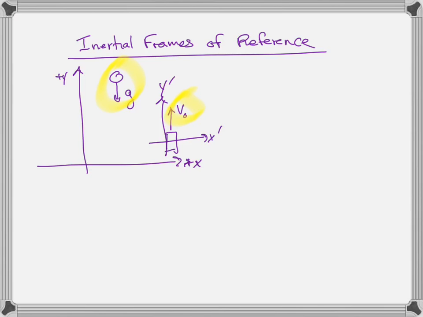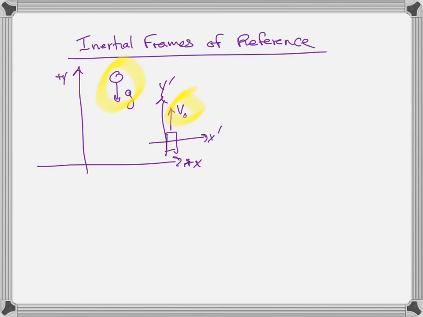Remember, it was accelerated frames of reference where we had to make up forces that didn't exist. The Coriolis force, for example. I'm trying to think of what some other forces are, but I can't quite. But in any case, one of Newton's postulates was that there is no absolute frame of reference. There is no frame of reference that is moving at zero velocity. So all we can talk about is relative motion, right? The Earth, while it is accelerating, we treat like an inertial frame of reference unless we have to do otherwise. But the Earth is moving. It's a moving frame of reference.